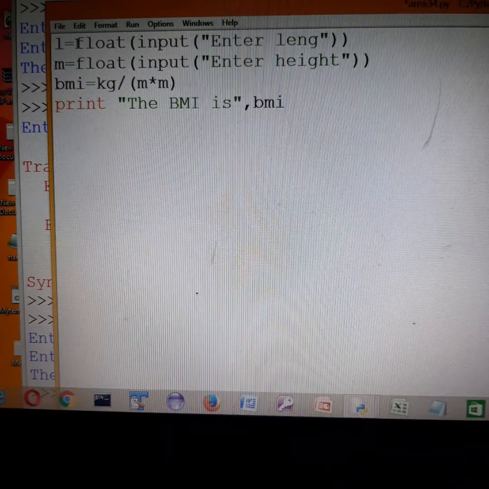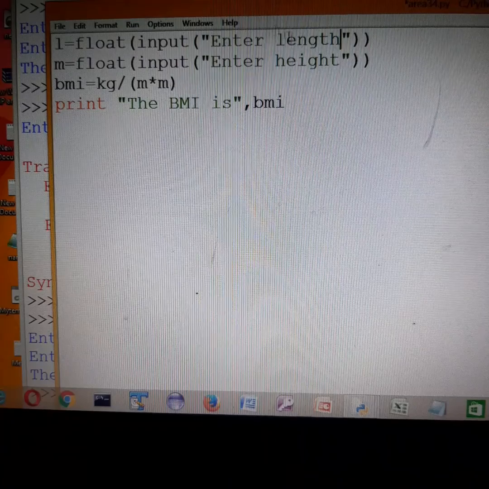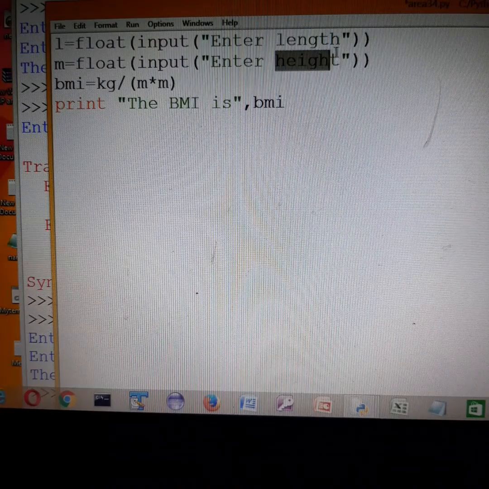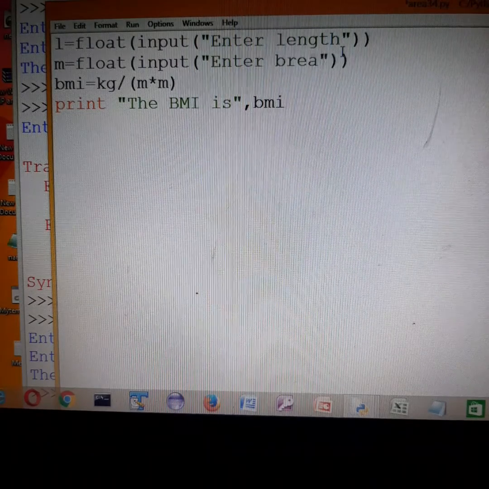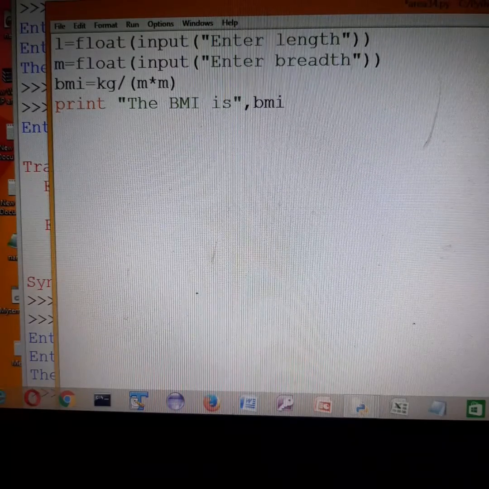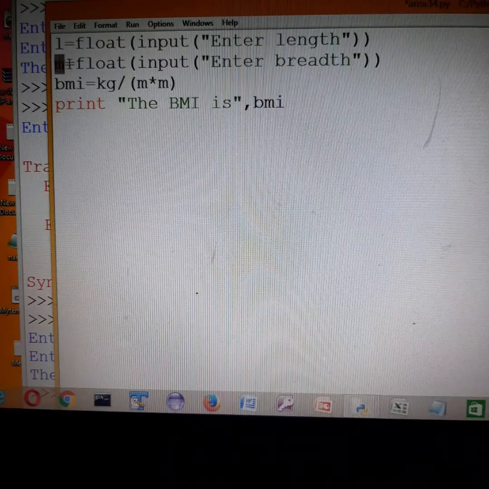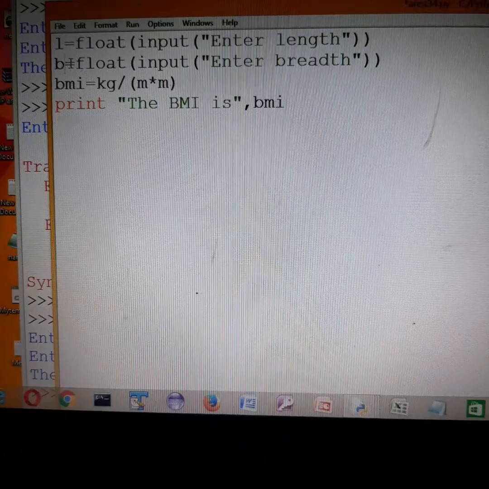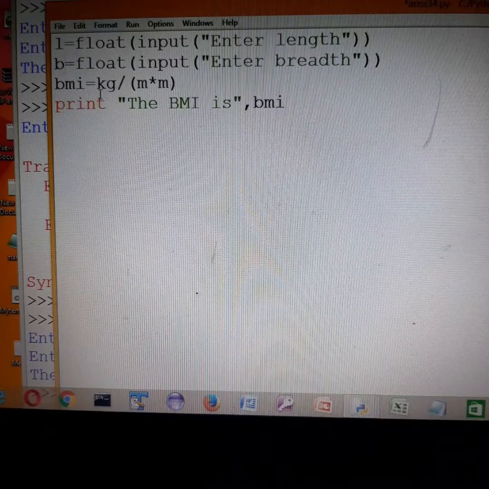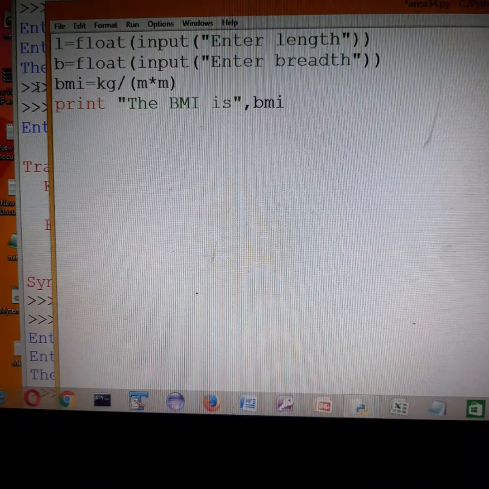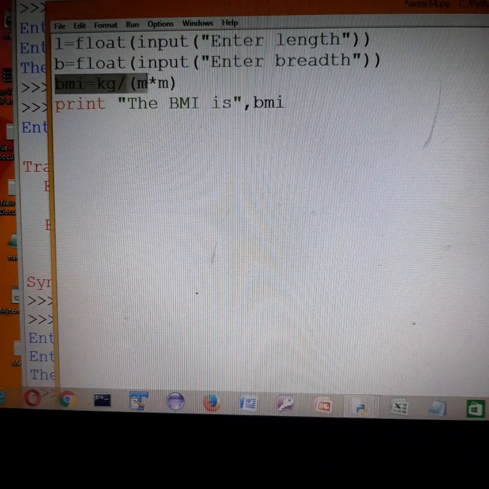Enter length, and here it will be enter breadth. We can take in float also. It depends on us whether we want to take int or float.